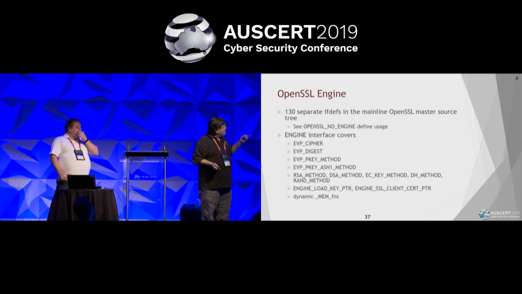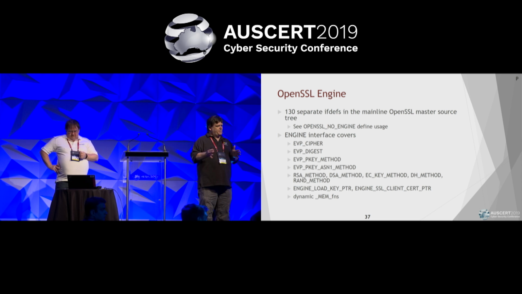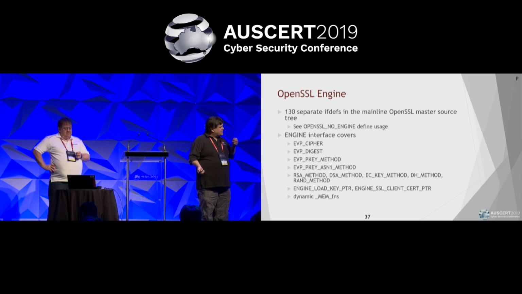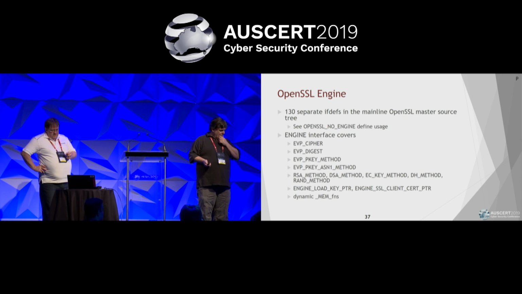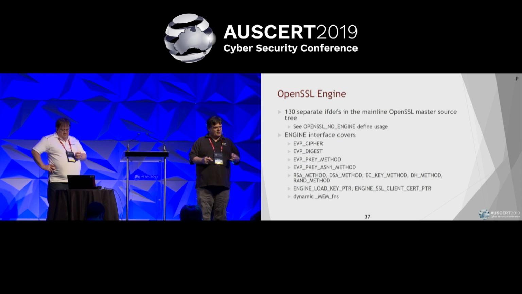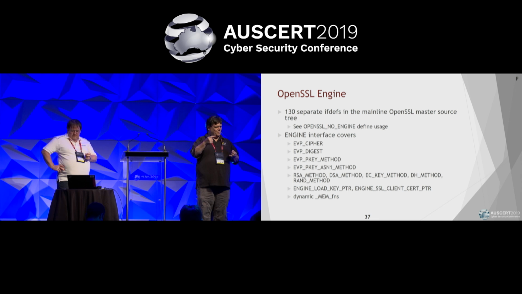Again, this requires the ability to dispatch, because you've got to intercept a dispatch normally and redirect it to an engine. Again, it's not as invasive as the FIPS changes. There's a lot less of them, but they are in all sorts of places they shouldn't be. If you look at the list of the engine interfaces, it's in the EVP key methods, which is all the public key crypto, but it's also in the low-level RSA methods. So it's actually got 2 points of dispatch, and they both actually are important.